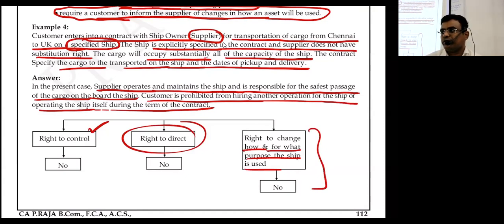Can you decide what purpose the bus is used for? Yes or no? So understand that is again not a lease, because you don't have control over how and for what purpose it is used. Another case: they have 10 buses, and I take one bus, or two buses, for my staff. I use it myself and park it anywhere. Give me the bus on lease; I bring my employees, my labour, or I just drive it, you don't ask about that. I'll pay the amount. Now it is a lease because control is with me. Right to control, right to direct, and how and for what purpose it should be used, I should decide. Yes or no?